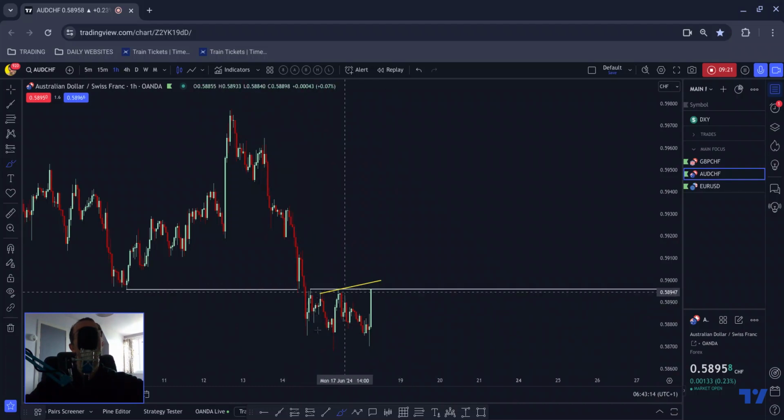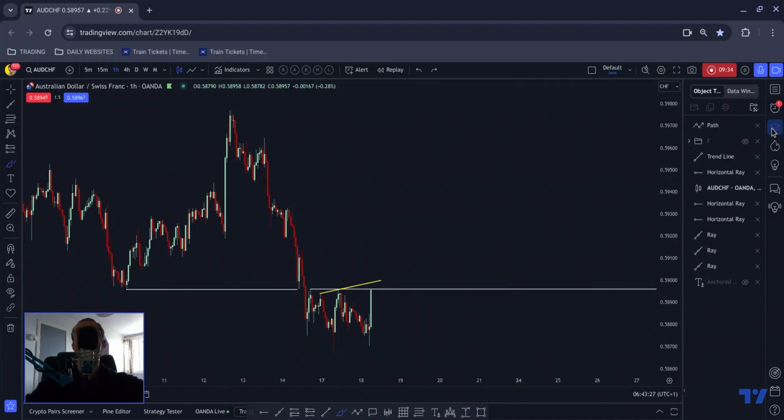We even have a little internal 1, 2, 3 within it. We have the impulse correction continuation. We have the middle section here. Okay, we now have a base. Price has formed a solid base. And so what I'll be looking for here